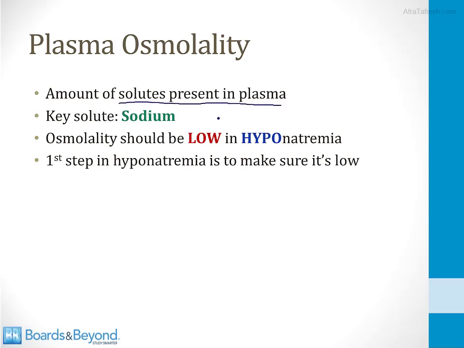The plasma osmolality is a measurement of the amount of osmotically active solutes that is present in the plasma, and one of the most important osmotically active solutes is sodium. When the sodium level is low, the osmolality should also be low. That's because sodium is a key contributor to the osmolality. So you can always remember that osmolality should be low in hyponatremia, and these two words rhyme, and that always makes it easy to remember. And the first step in evaluating a patient with hyponatremia is to make sure that the plasma osmolality is low,